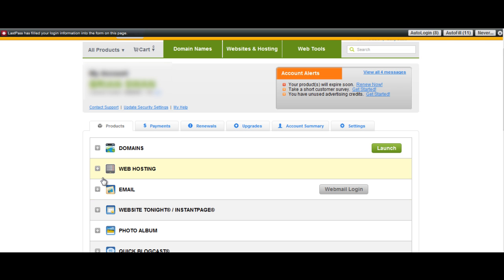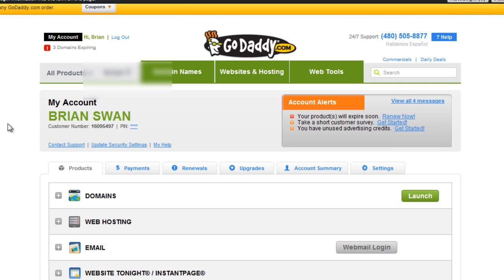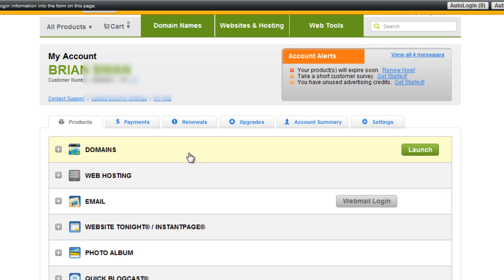So inside GoDaddy, first of all, if you click my account and then you came down, you would see this. For some people, you'd go to web hosting if you were creating the websites by yourself, or if you're just doing some web forwarding, which I'm going to show now, which is a little bit easier, which a lot of you guys are going to be doing. So what you're going to do is come down here to launch.